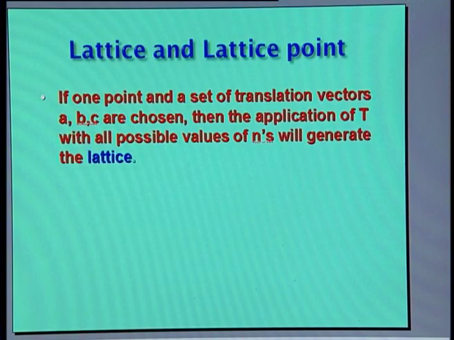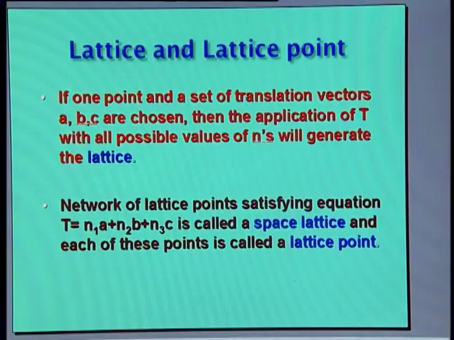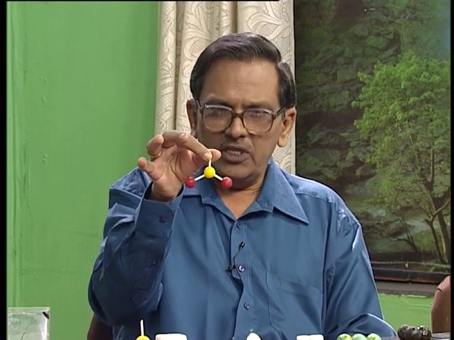And I told you that it is only a mathematical concept. Then we must establish a relation between the mathematical concept and the physical entity, which is a crystal. In a crystal or a solid, it consists of either molecules or ions or atoms. For example, you take this. This is a water molecule. If you imagine an ice crystal, it consists of these molecules at each of the lattice points.